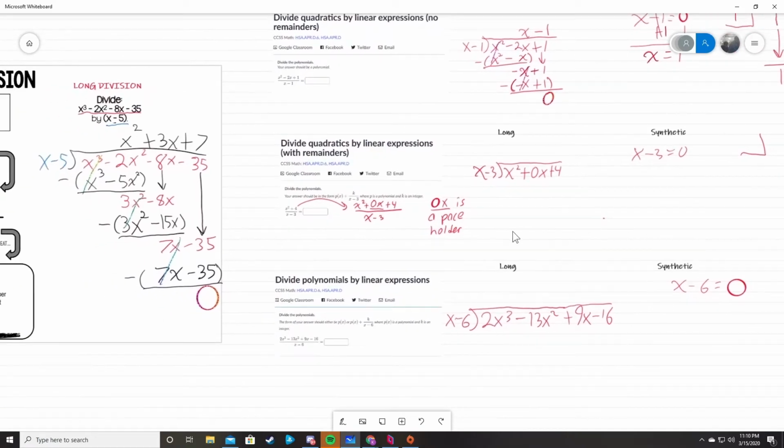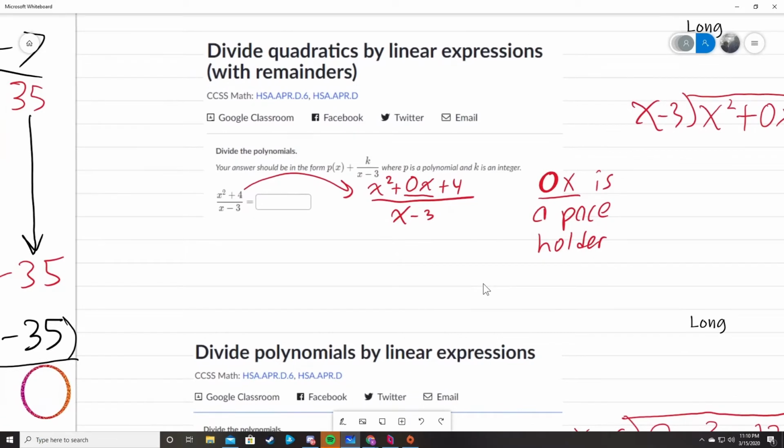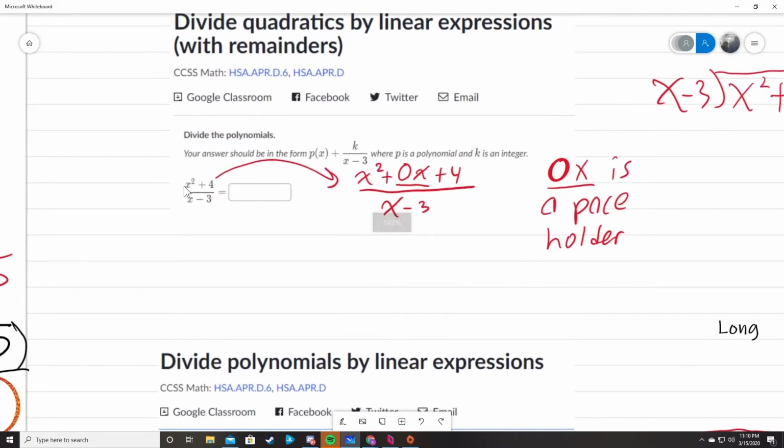Okie dokie. First off, one thing we want to address is we see in our problem we are going straight from x squared to 4, a number without an x. In this case, where we skip over a number like this, we want to make sure that we put a 0x in the placeholder for x to the first power. So like I write over here, 0x is that should say